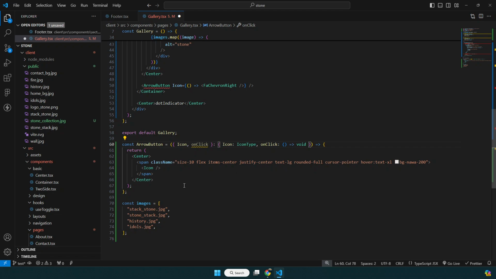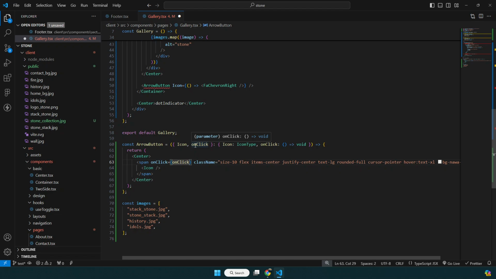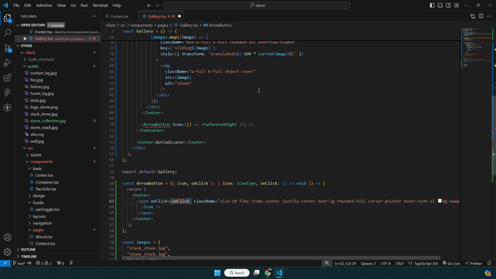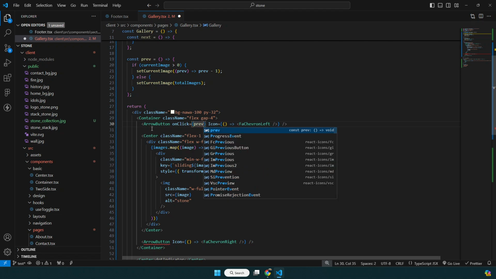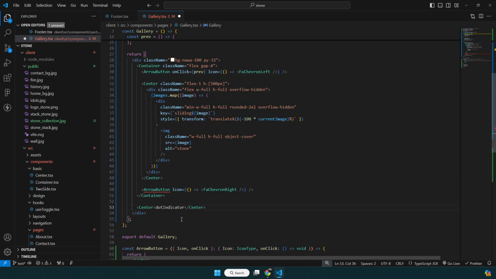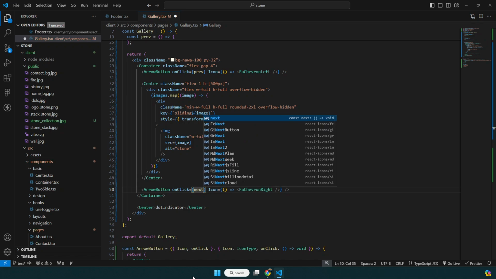Okay, and we can use this onClick over here on the span onClick. We want this onClick to be activated, so we can provide the onClick function over here, and then it will be added there. That's the simplest thing that I hope you all understand. And then what I can do here is onClick, I want to go to previous, right? First this left will take us prev, and then over here onClick, we can say next. Okay, and if we save it,